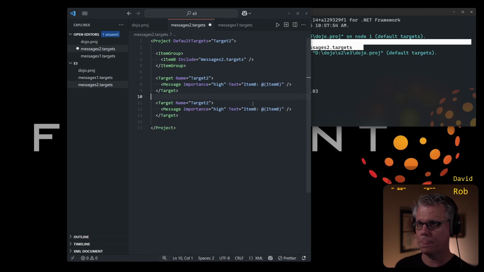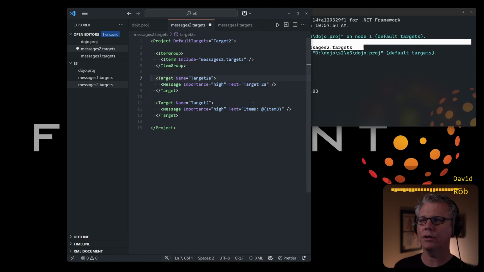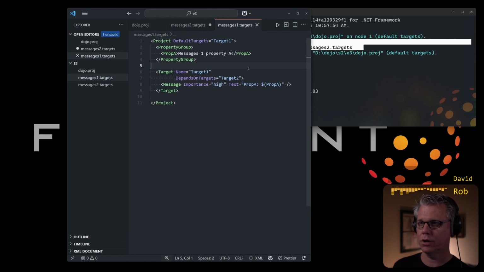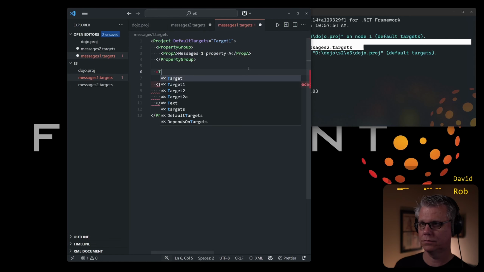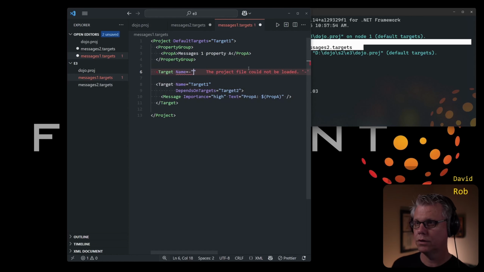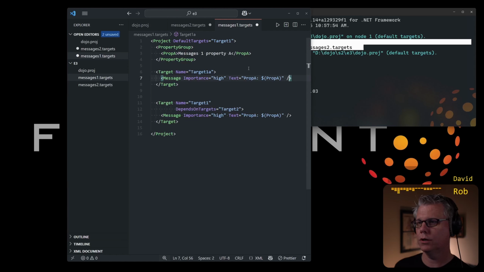We can do this. I'm going to add a target called target 2A. And I'm going to add a target here. Target name equals target 1A. And I want that message. I want both these lines actually. So what I'm going to do here